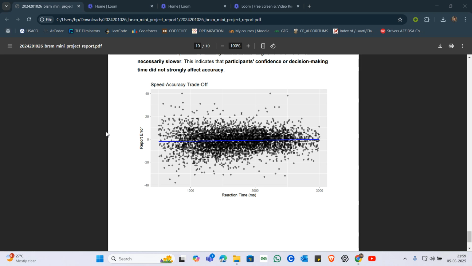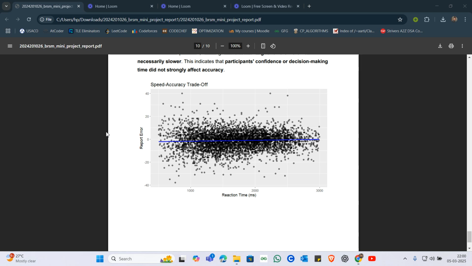Auditory effects were strongest when the sound played before or during visual perception, and they disappeared when the sound played after. Some object pairs, for example hammer seal, were more affected by auditory congruency than others. There was no speed accuracy trade-off, and error variability depended on the type of sound played.